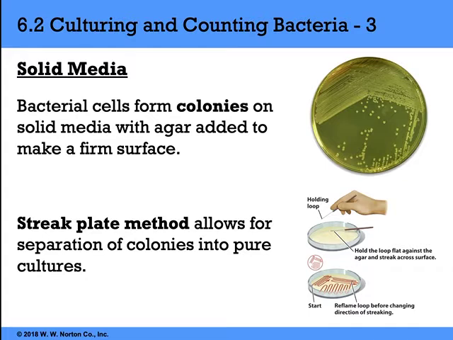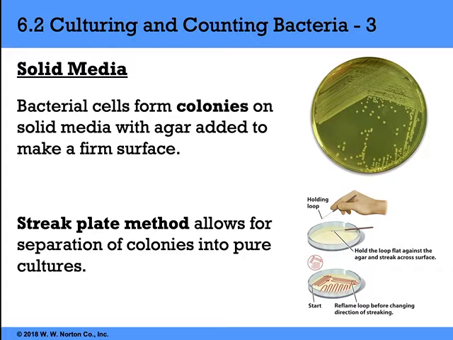Okay, with the metal loop, the way that you do the streaking is that you heat it in the flame until it glows red, and then you let it cool a bit, usually by plunging it into the sterile agar, and then you dip the metal loop into the liquid media or the sample, right? And then you streak back and forth across the agar, okay? And then you reflame that loop to re-sterilize it, and then you dip it in the agar to cool it